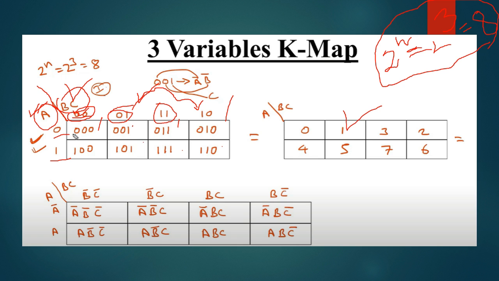0 0, 0 1, 1 0, and then the vacant space in between 0 1 and 1 0 is filled up with 1 1. So as you can see, there is a slight sequence change. This is how it is written for a 3 variable Karnaugh map. You need to memorize this one. After 0 0 and 0 1, you need to write 1 0 on top of this cell, and the vacant space has to be filled with 1 1. This is how it goes.